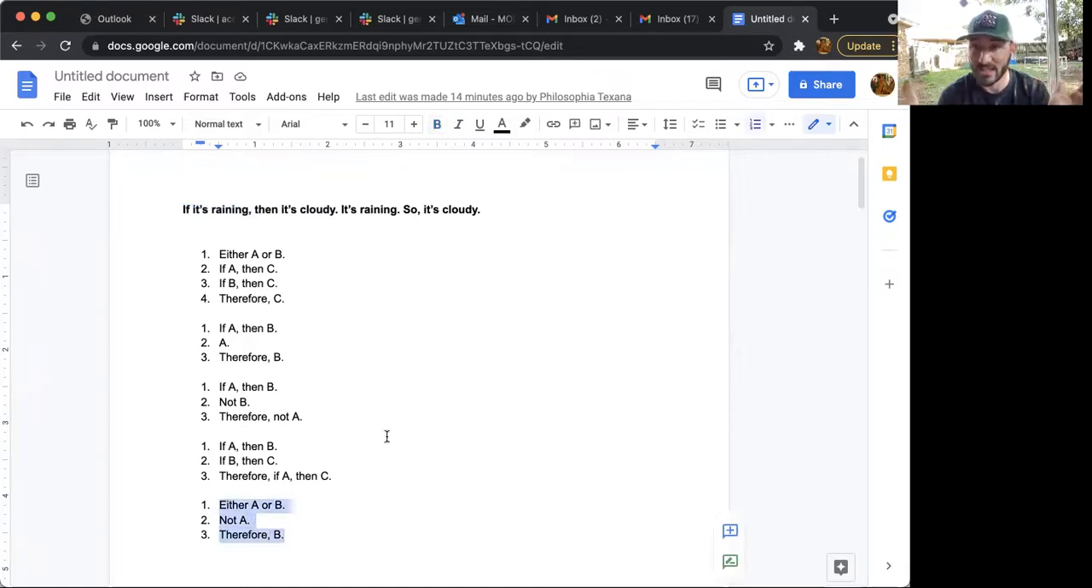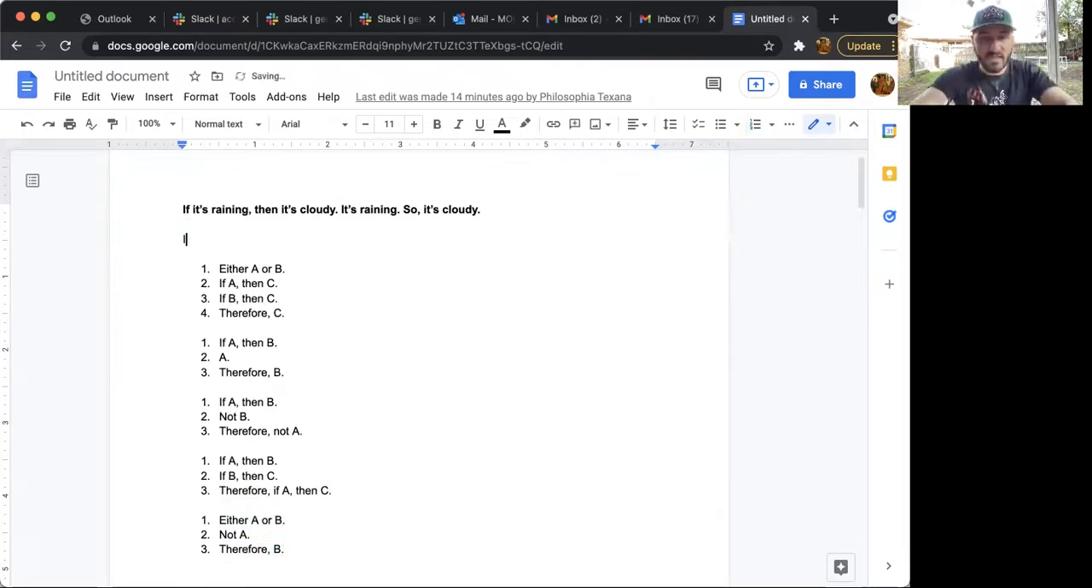That is an if-then claim in the argument form. So that doesn't narrow it down that much for us. But what it does do is tell us, okay, if the conditional is if A then B, then A is going to be it's raining, and B is going to be it's cloudy. And in this particular excerpt, what we get in the second sentence is it's raining. So the second premise,